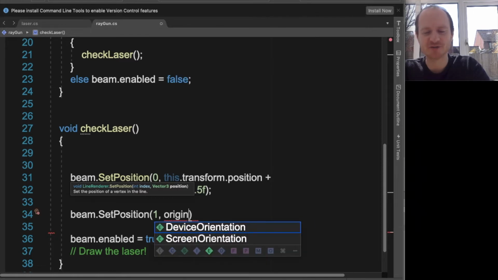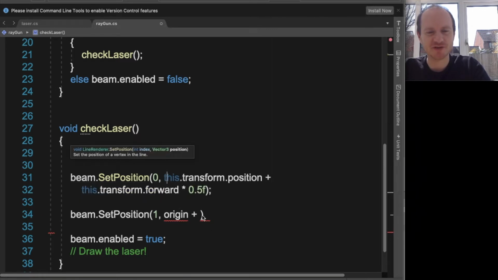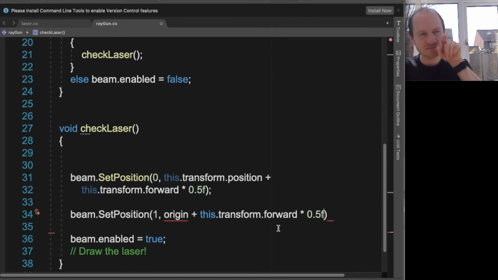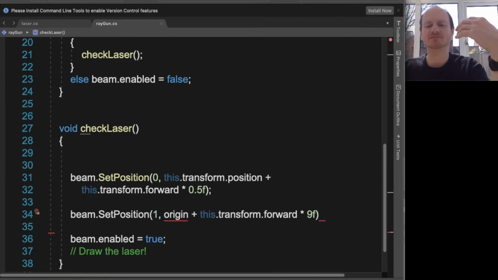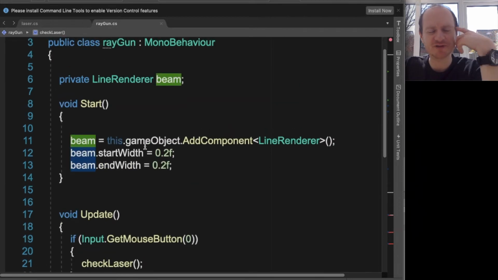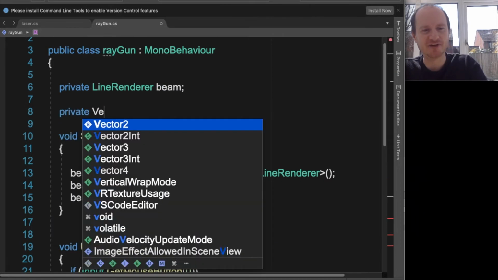I'm going to pretend I've got a variable already, plus this transform's position for this. So similar kind of logic, going in towards the direction that the vehicle is facing, and this time, well, I'll put 9 meters in. I said 3 meters. Let's go 9. Right, so we haven't got an origin at the moment, so I'm going to say origin equals that, the set position. Will that work? I don't know if setting a position will actually return anything. It probably won't. So up here we need a Vector3